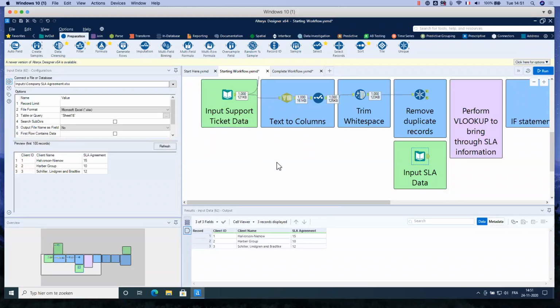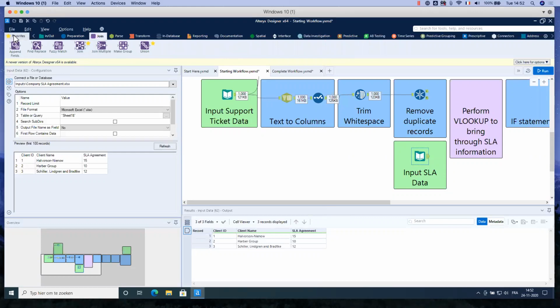So it's like performing a VLOOKUP to bring this information, like in Excel. So for that, I will use a tool called Join. You can find it either in favorites, because I think it's there by default, or in the Join category. So I drag it here.